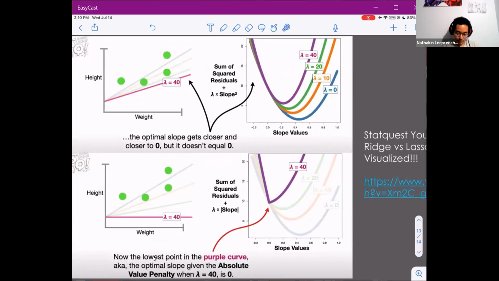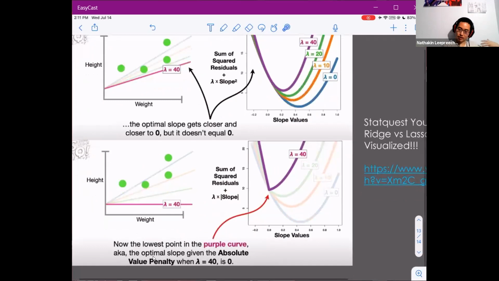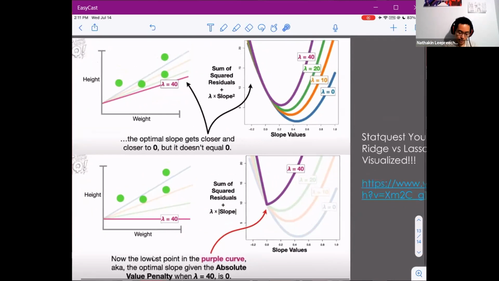The top one is going to be the regression, which is the slope squared, but the bottom one is lasso, which is the absolute value. I don't really have a concrete example, sorry about that, but across all kinds of research and experiments, we can see